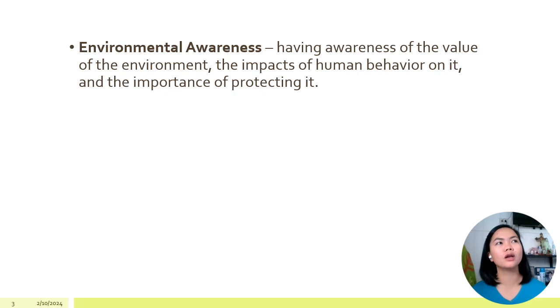Say, for example, if we value our environment, we will not throw our garbage anywhere. We will keep our garbage and, for example, segregate them. That small thing shows that we are aware of our environment. Another example would be conserving energy, such as conserving our water or electricity: turning off the lights when not in use, or turning off the faucet when not in use. This is also an example of showing that we are aware of our environment